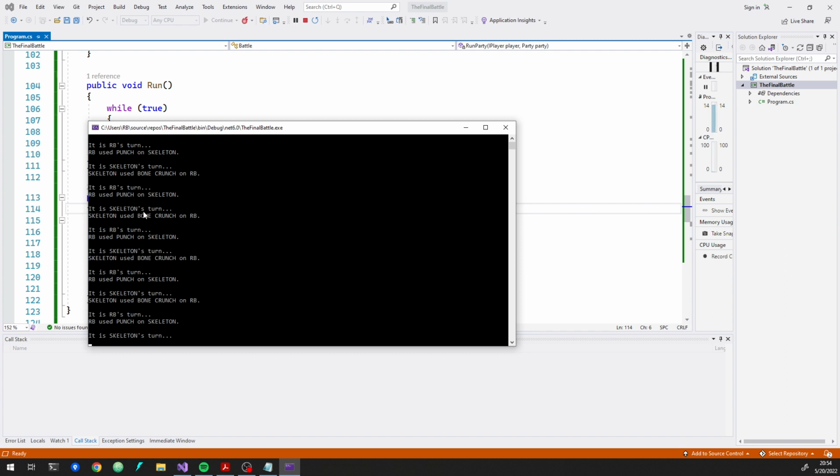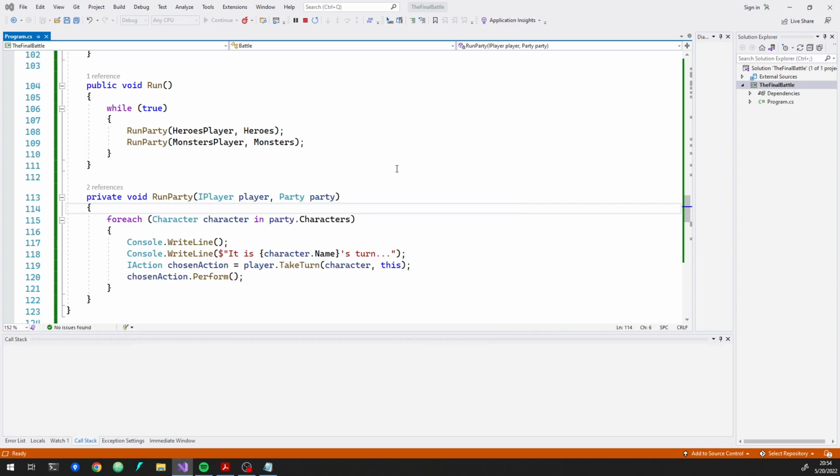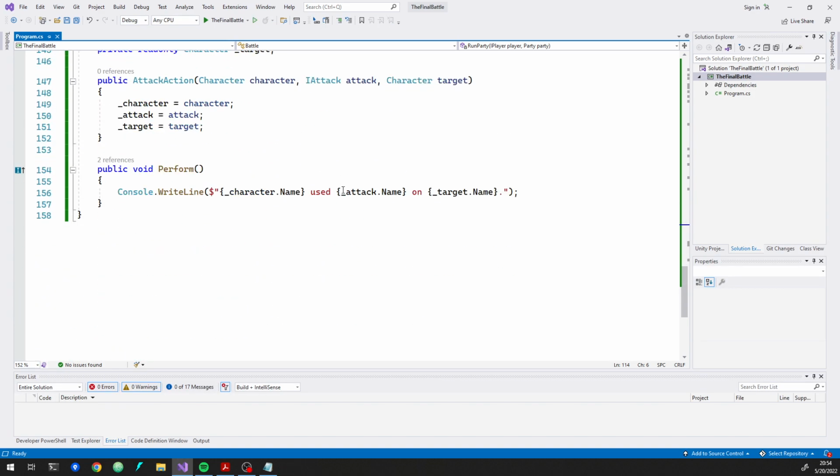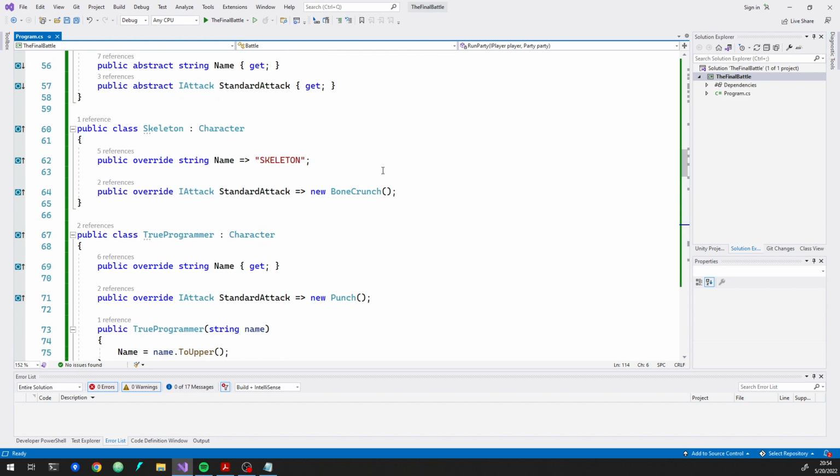Skeleton used bone crunch on RB. RB used punch on skeleton. Anyway, it looks like it's doing everything it's supposed to do, and I think we are good to go. I've had people ask a question here on what's up with this versus some of the other things you could do. This is a property, and because we're using this expression body, the fat arrow, the lambda operator,